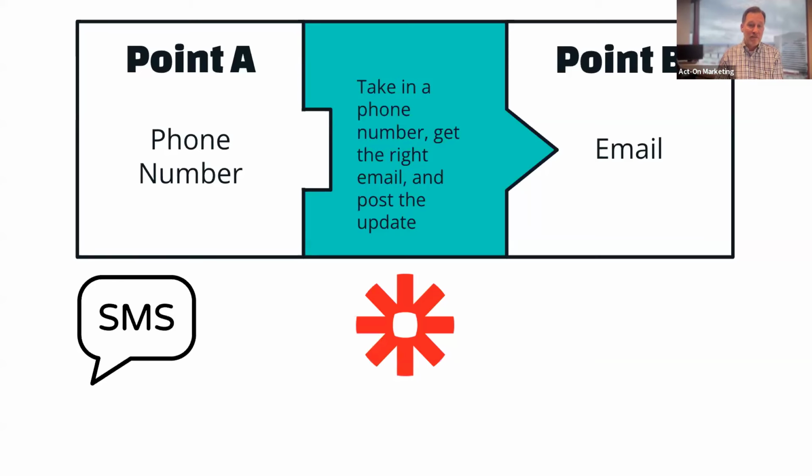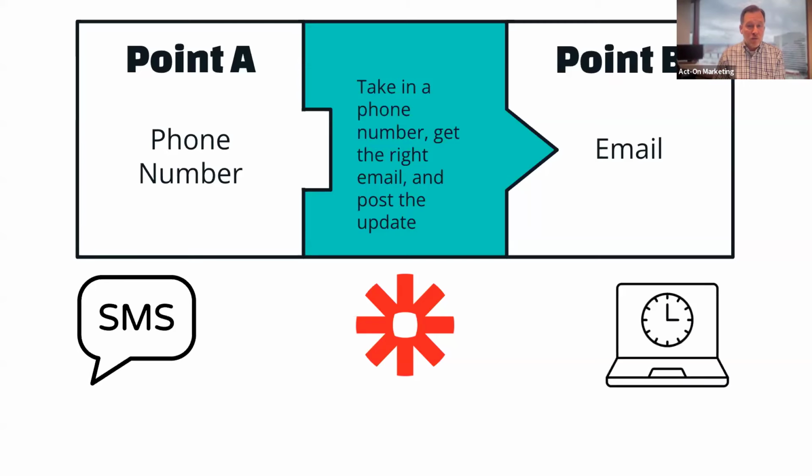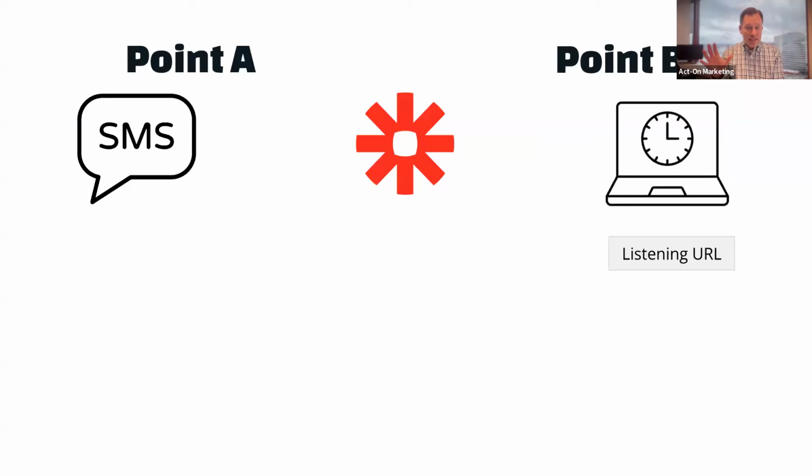And then the next step would be to finish off point B and actually use that email address to post our custom touch point over to Acton, or put the data into Acton, or do whatever the next step is, do the next right thing. And so as we look through this, we would now be going back and setting up the listing URL in Acton, and then telling Zapier what that URL is, so that we can